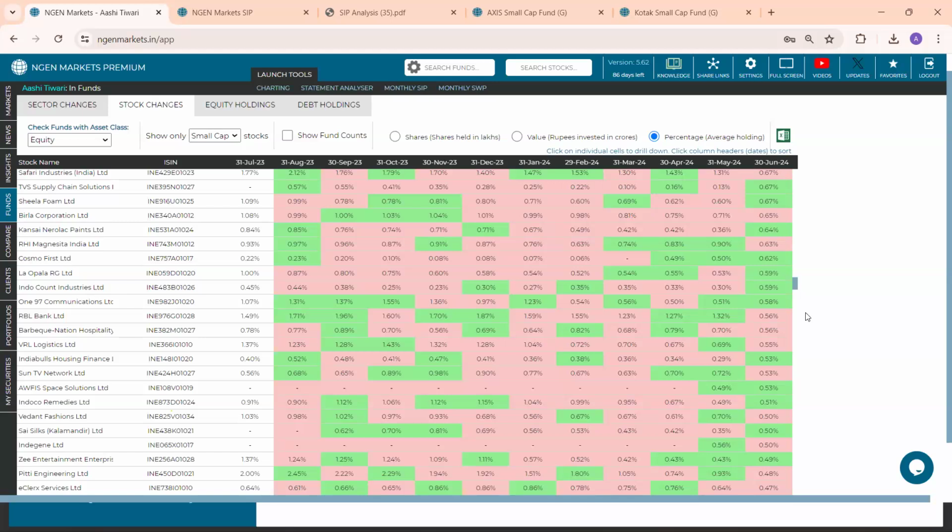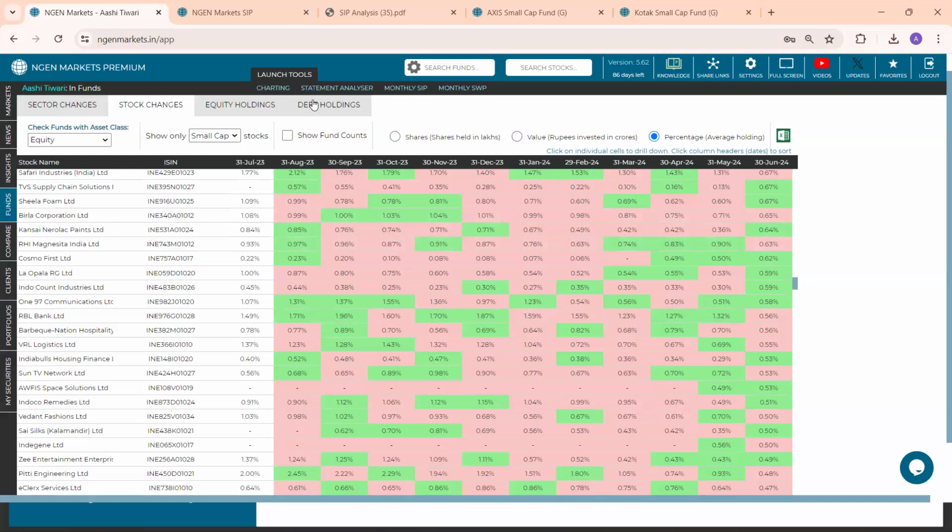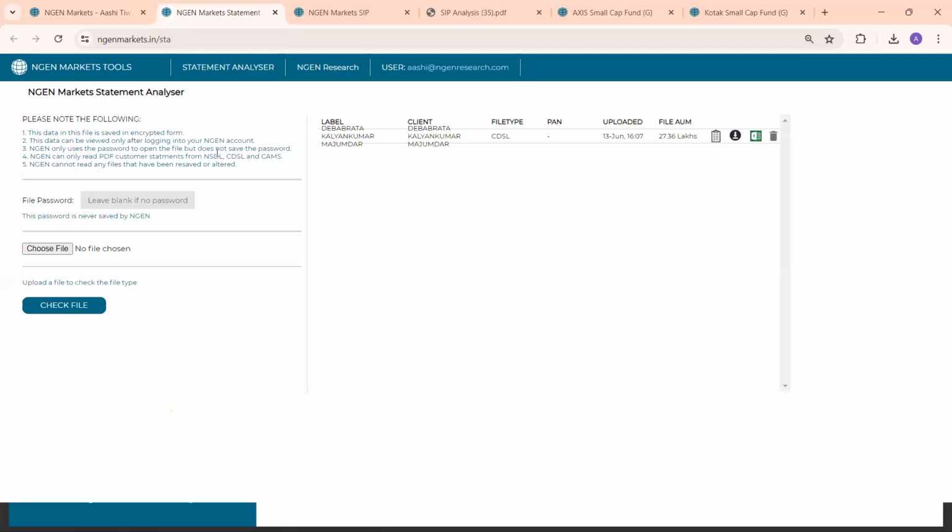Sorry, another question from my side. We saw the monthly SIP part. Could you just run through what the statement analyzer option and the charting option are? Sure, absolutely. The statement analyzer option is typically to upload your client's eCAS file onto the platform. If you have a client eCAS, or for that matter your own eCAS, that has to be an NSDL, CDS or CAMS eCAS, you can simply choose a file and upload it,